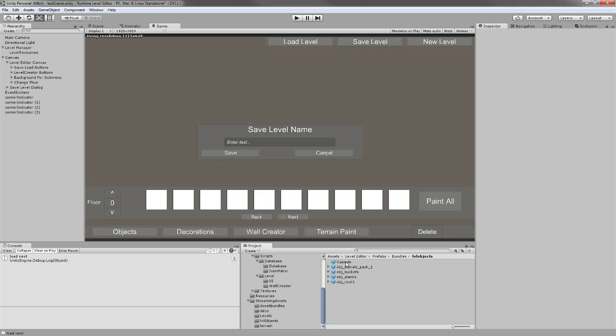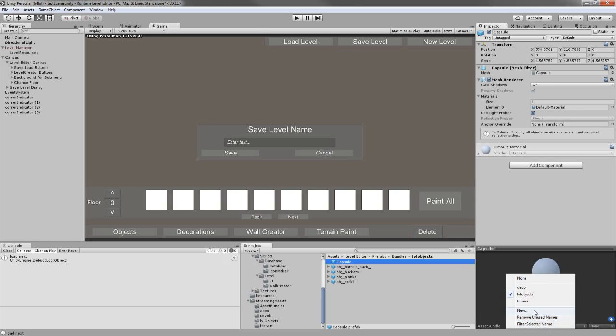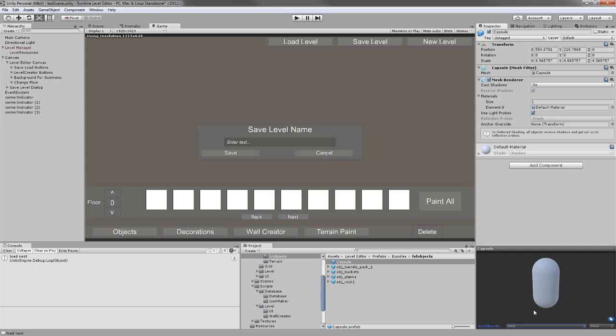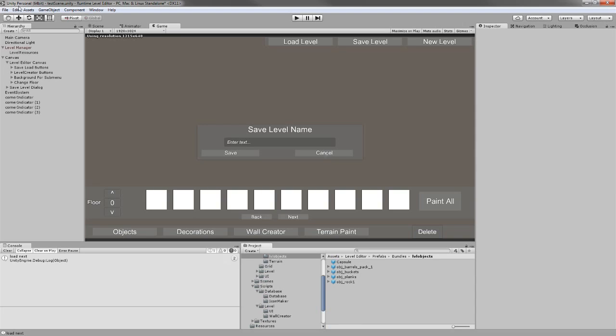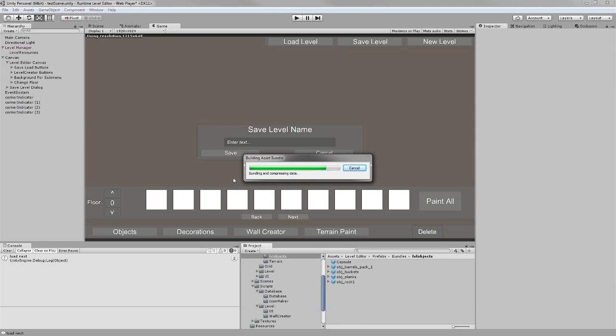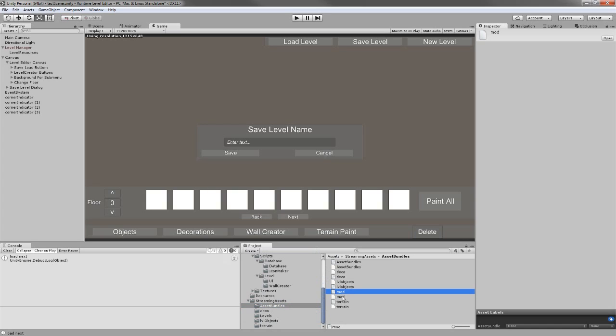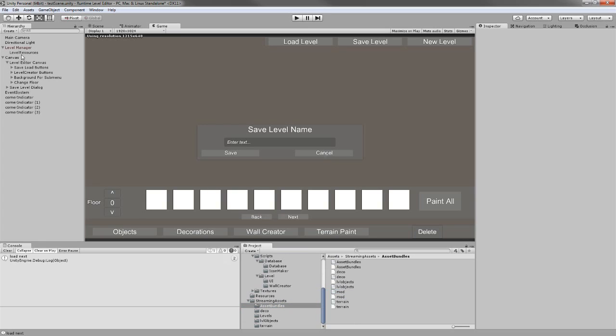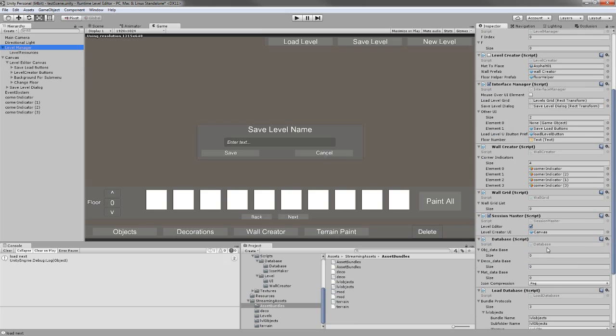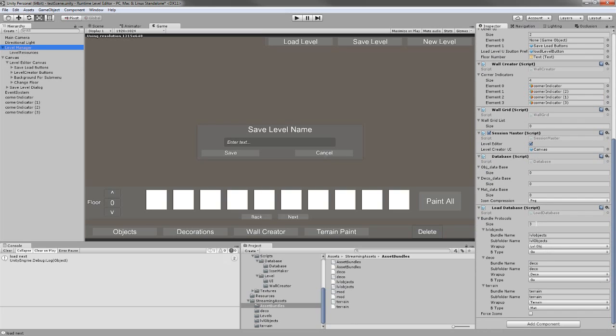So let's test if I make a new asset bundle category, let's call this mod. I'll build the asset bundles again, level objects, asset bundles. Okay, we have a new asset bundle called mod,